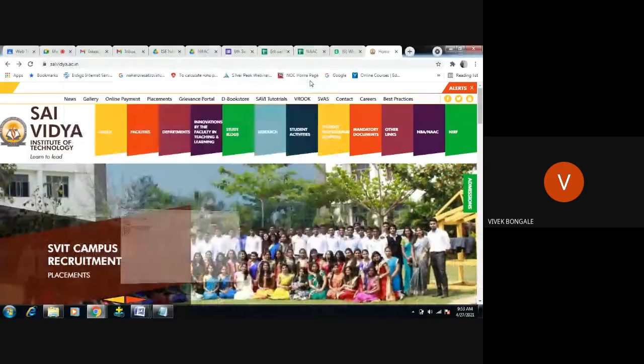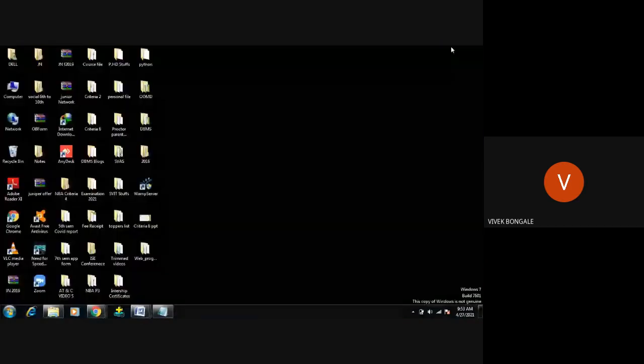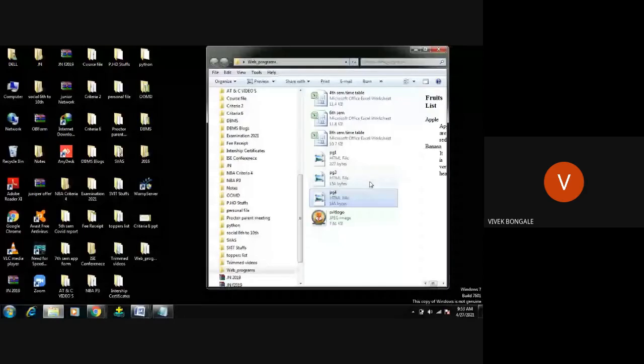Just close this, open program 3.html, open with Google Chrome. Right, see svit logo and svit college. This I want to display in the header part.